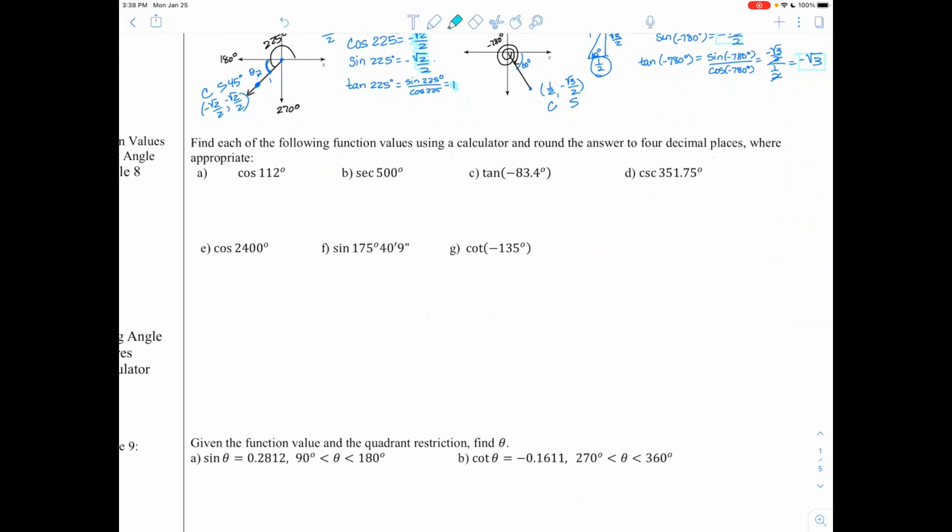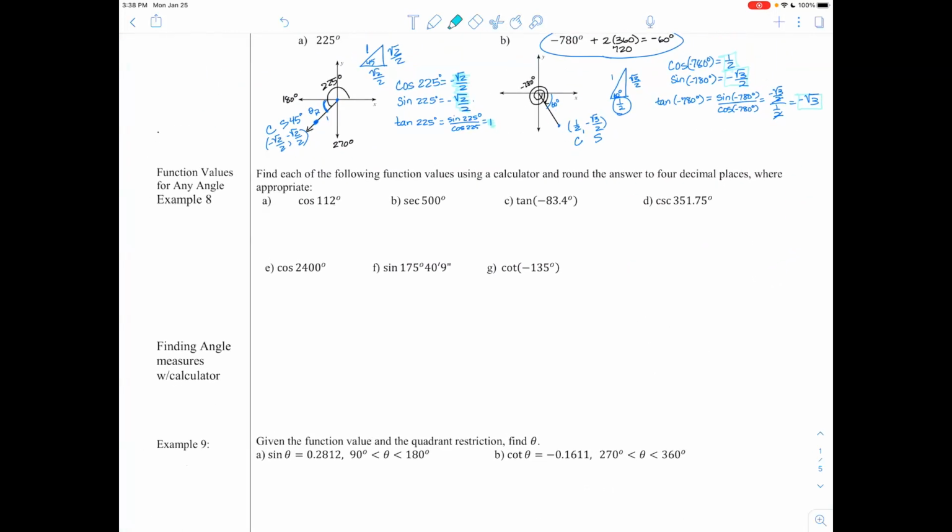Let's take a look at these next ones. It says function values for any angle. It says find each of the following function values using a calculator and round the answer to 4 decimal places where appropriate. So the cosine of 112, the only thing you have to do is make sure your calculator